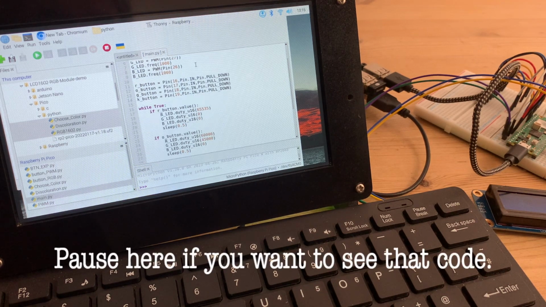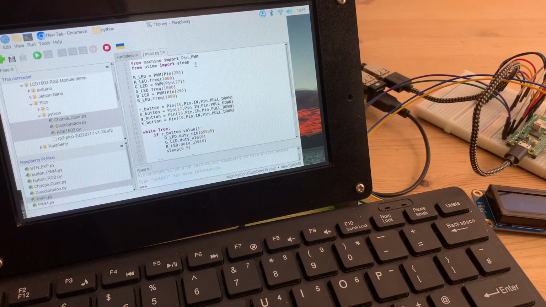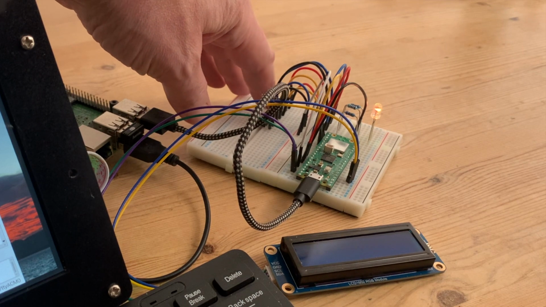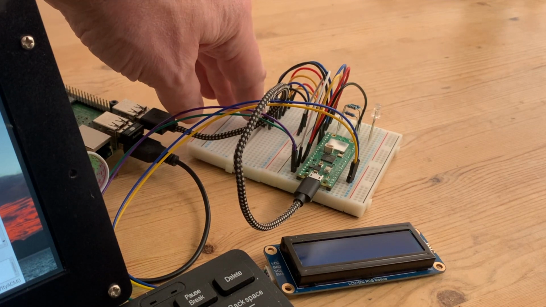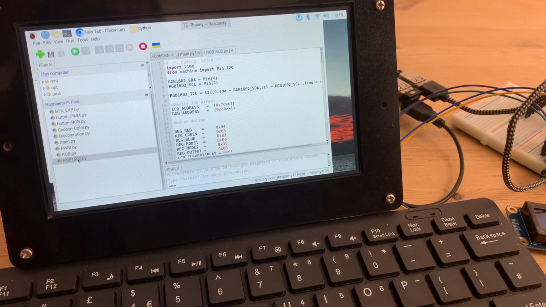That's the latest version of the program from part 2 of the videos. Here we have pulse width modulation controlling the colour of the LED, which changes when the buttons are pressed, switching between the traffic light colours and turning off with a press of the black button. It's to this code that we want to add the controls for the screen, so let's see what we've got